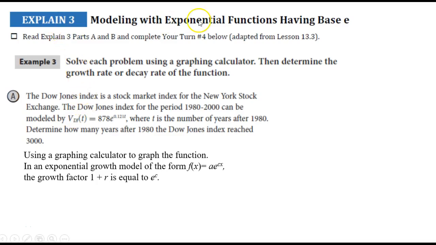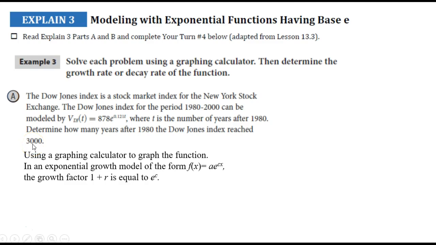So Explain 3 is having us apply what we learned about base e functions to actual problems from the real world. So the first problem we see is the Dow Jones Index is a stock market index used on the New York Stock Exchange. So if you ever watch the news, you probably see that thing going up and down all the time. And the Dow Jones Index from 1980 to 2000 can be modeled using this function, where t represents time after 1980. And what they want to know is how many years after 1980 would the index potentially